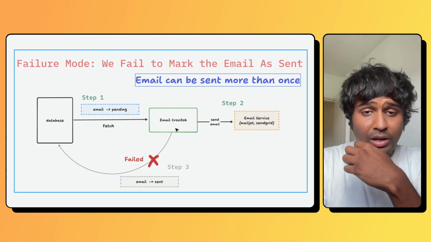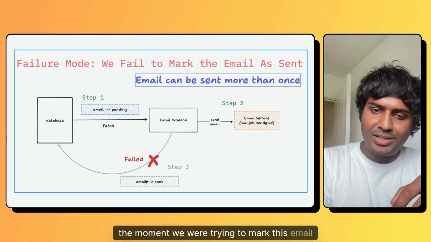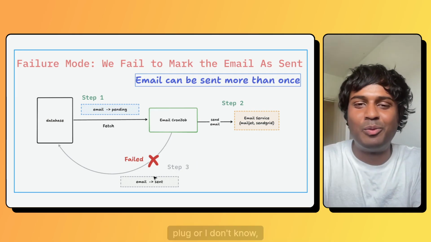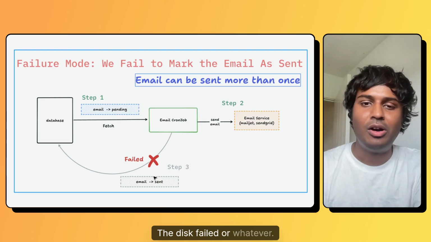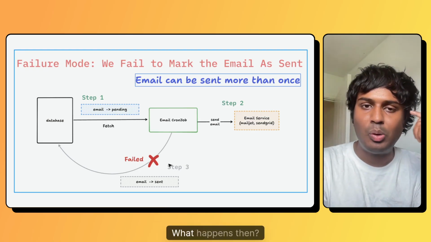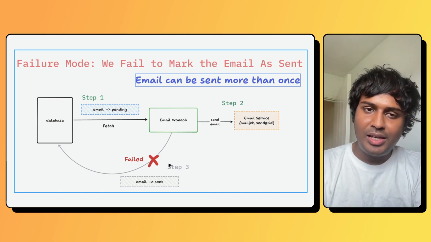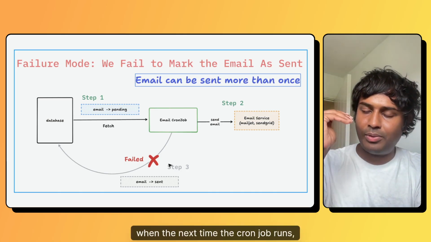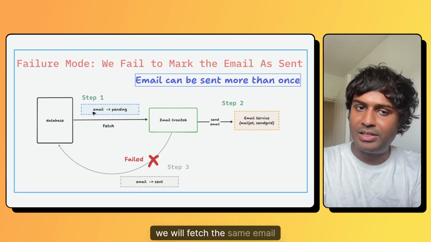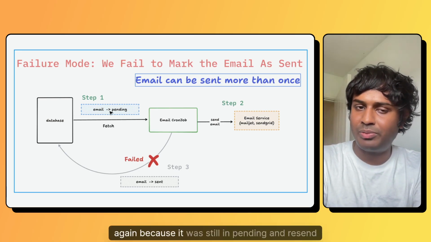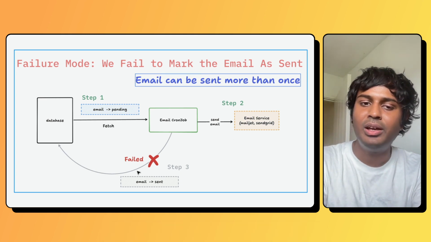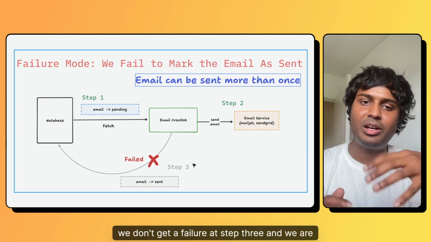But the moment we were trying to mark this email as sent, the server crashed because somebody pulled the plug, or the disk failed, or anything can happen. So we have a failure at step number 3. What happens then? Well, the next time the cron job runs, because we never marked this email as sent, we will fetch the same email again because it was still pending, and resend the email again. And this time, hopefully, we don't get a failure at step 3 and we are able to mark the